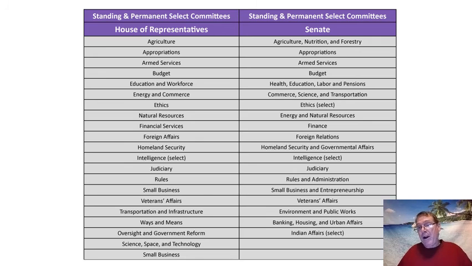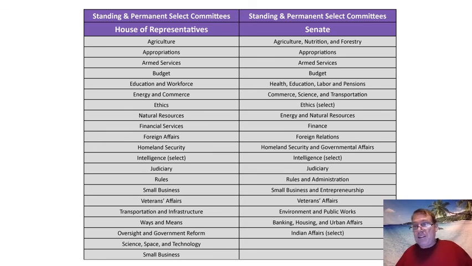Okay, you want to buy an aircraft carrier for the U.S. Navy. Where are you going to send that? Well, you'll probably send it to the Armed Services Committee in the House of Representatives. Or maybe you want to create new special courts to hear certain types of court cases. Where's that law going to be created? Well, probably in the Judiciary Committee. Well, how about laws about former military people, trying to take care of them medically and perhaps giving them a few more benefits? Where is that law going to be crafted? Well, probably in the Veterans Affairs Committee.